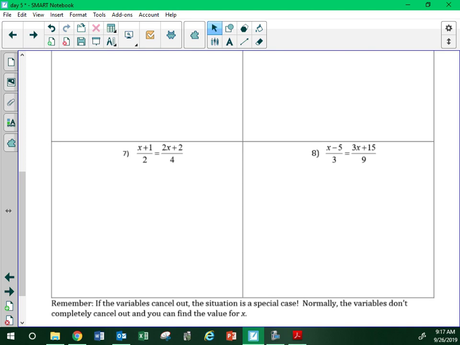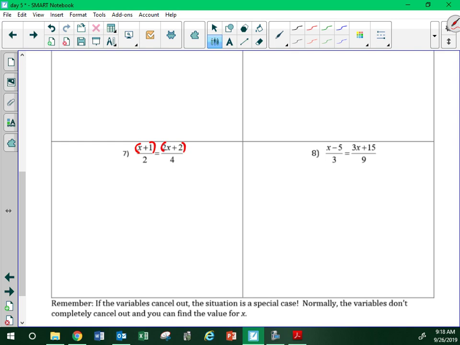So we've got a fraction equal to a fraction. Who remembers how we solve this? Well, yes, cross multiply. Now the key thing when we cross multiply is I like to go and put parentheses around anything that is